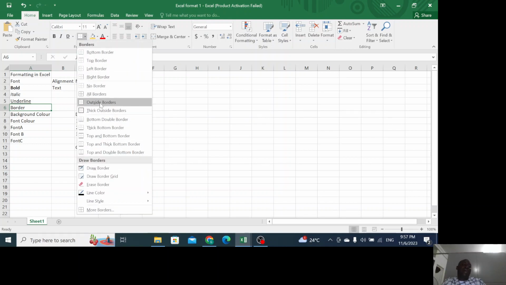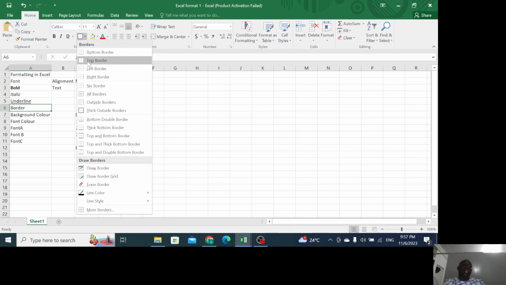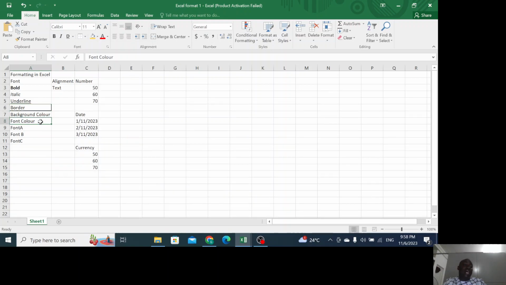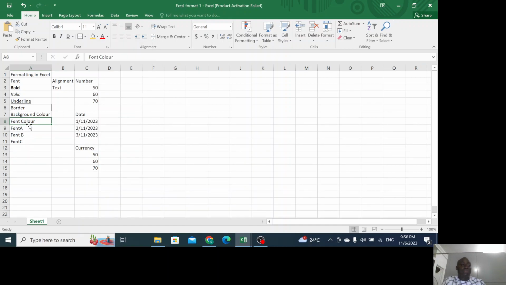more. And you can make your border all round border. You can make it thick outside. Everything is thick outside. You see that it's different from every other cell. And you have so many other options. When you go to the border list, you can just use the top border, and when you come, you see the top border. You can go for the left, whatever border, but I'm just going to stick to my thick